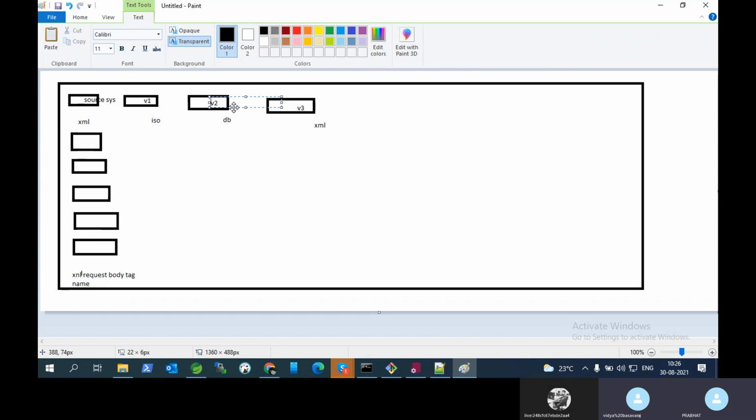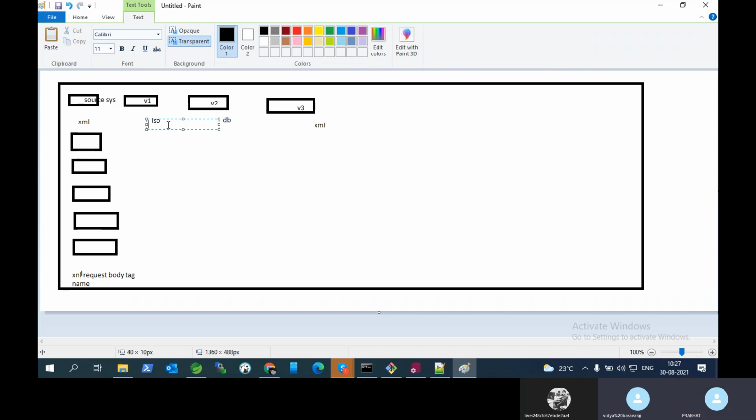Okay, clear now? So suppose this validation system V1 was maintained earlier as ISO. Whatever we maintained earlier, based on that validation system, we are displaying here.